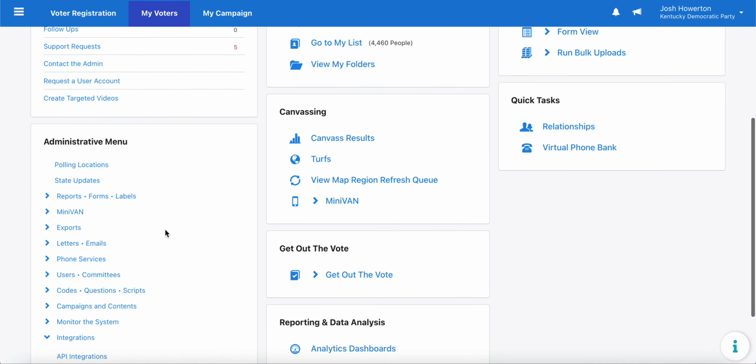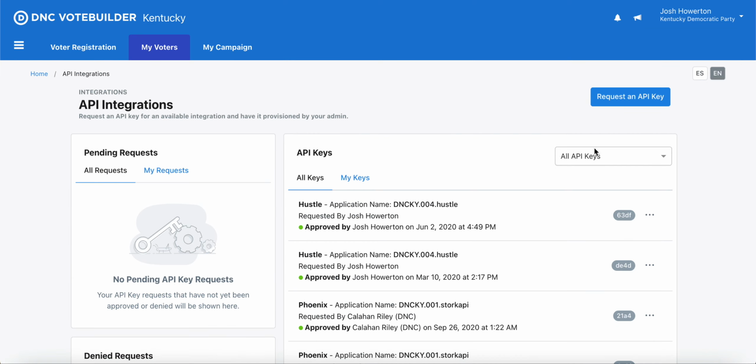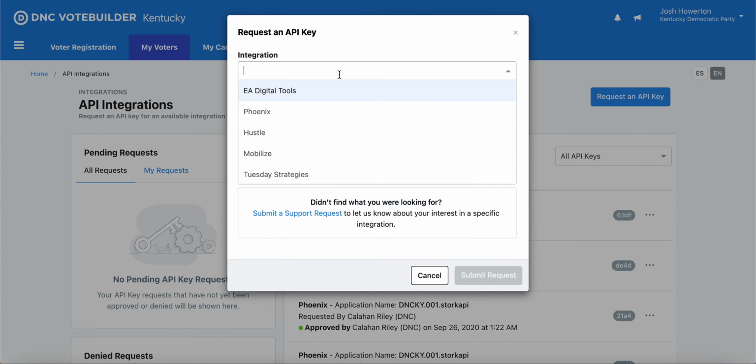It'll be high priority. So to submit a ticket for an API integration, it's going to be down here, API integrations. Again, you can see all of them that I already have. So if we needed to request a new key, we're just going to hit this button, select the name of